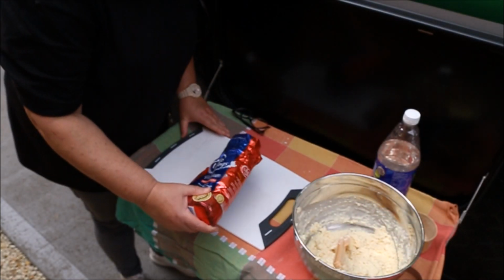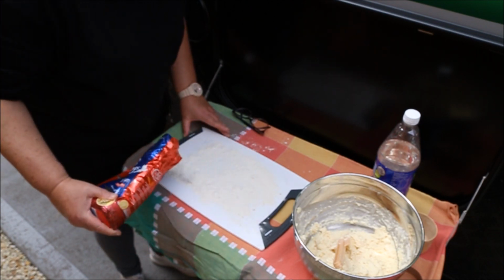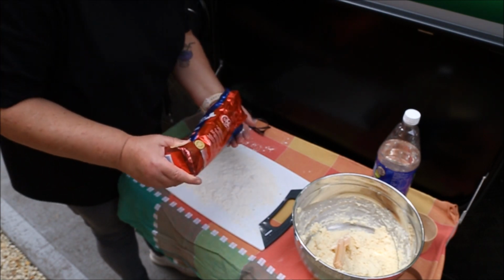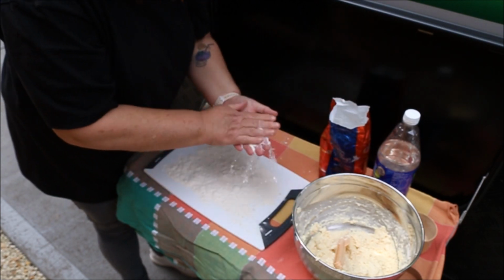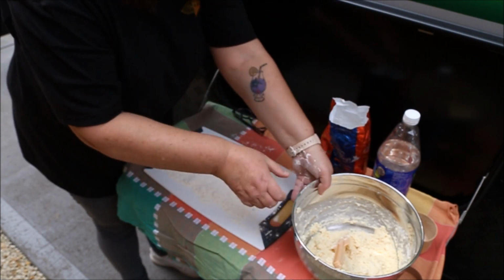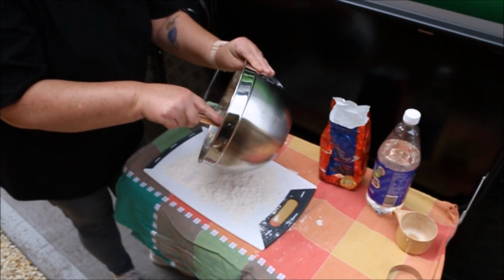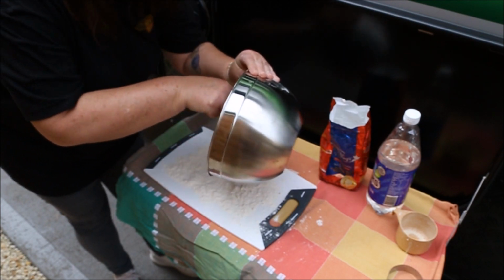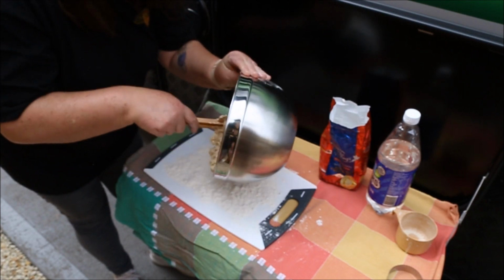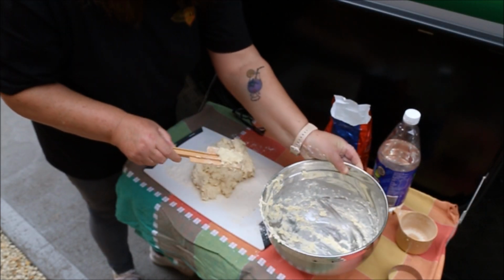And so you just need to put flour onto your board before you get your mixture out of your bowl. Just like that. Give your hands a bit of a flour too, because it's very sticky. And then just get your scone mixture out of the bowl onto your board. Like that,